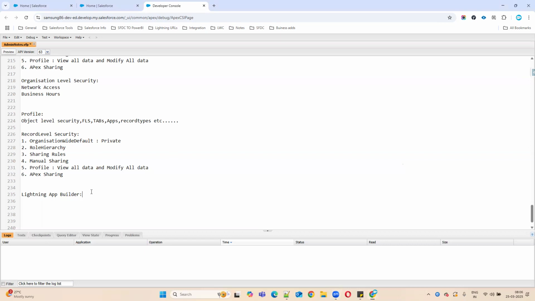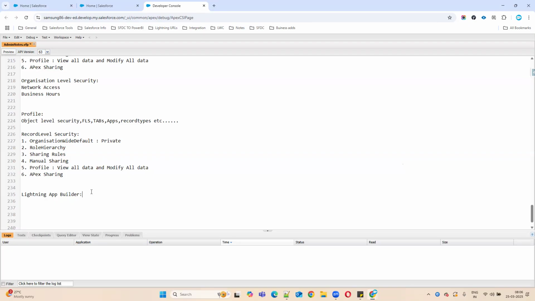Okay. So using page layouts, what can we do? We can create a UI, like how we can display that UI: sections, where we need to place our fields, buttons, right? Related lists. Even we can make required fields using page layout also. Correct? So we can adjust all these things using page layout in Salesforce, right? So that is page layout.